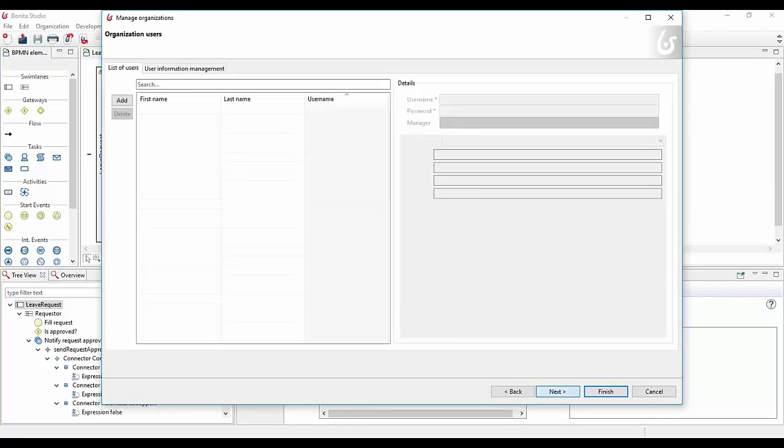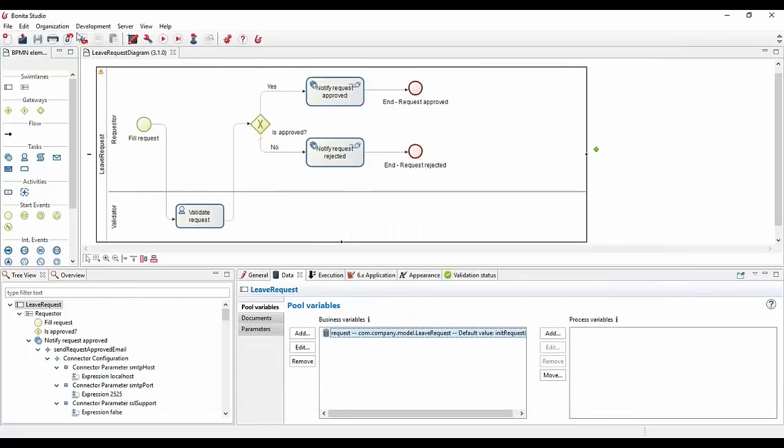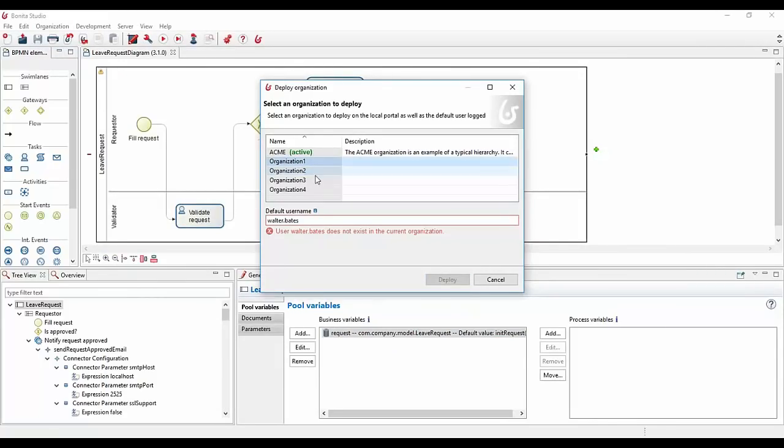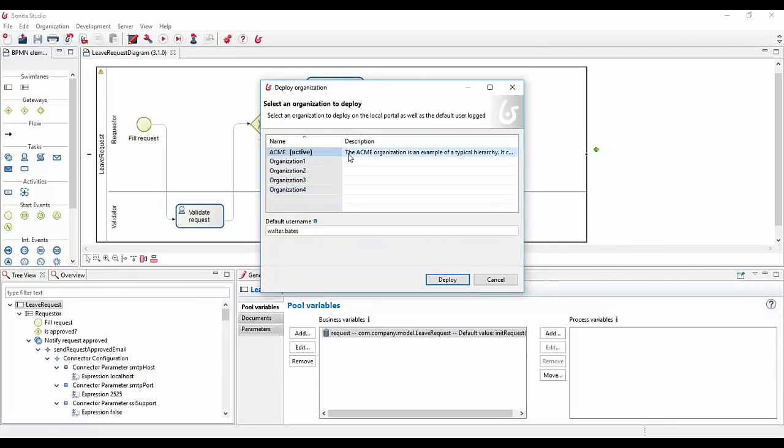So if I go to next, you can provide obviously all the information that is necessary. And if you go to organization, you can deploy one of them. So here these are useless, but this one could be published again, deployed again in case you have done some modification. So this deploy means that it will make sure that the current organization that is in the Bonita engine, Bonita platform of the studio, will reflect this organization.